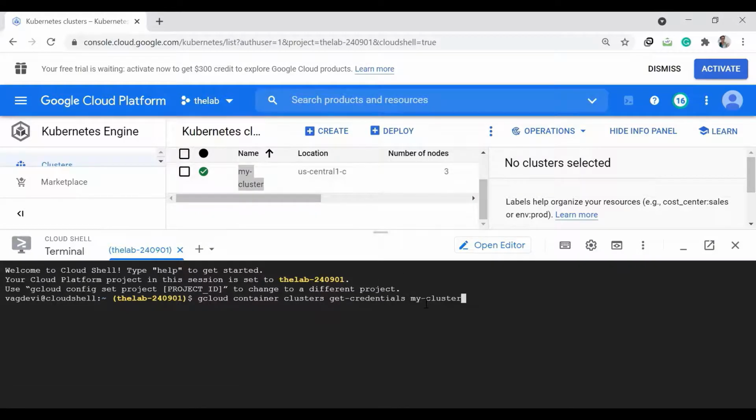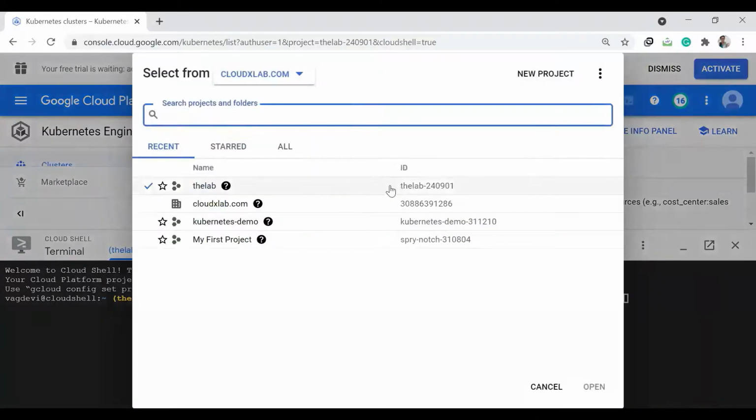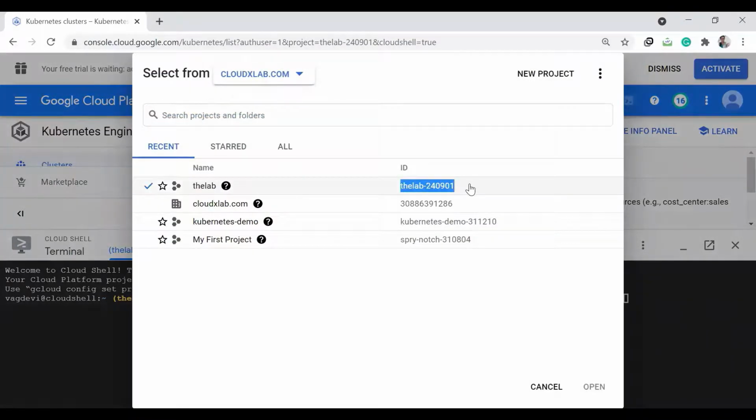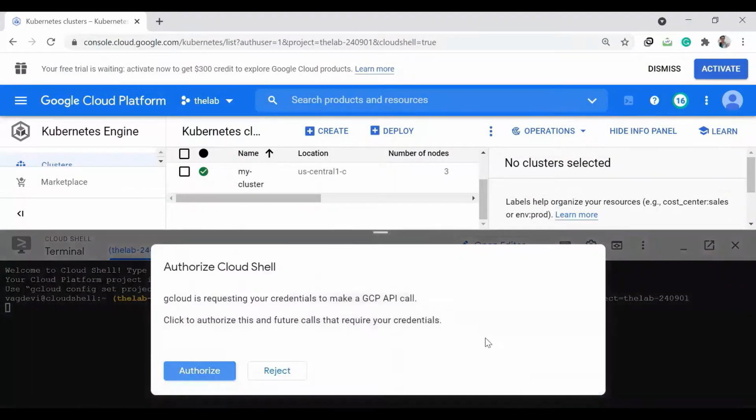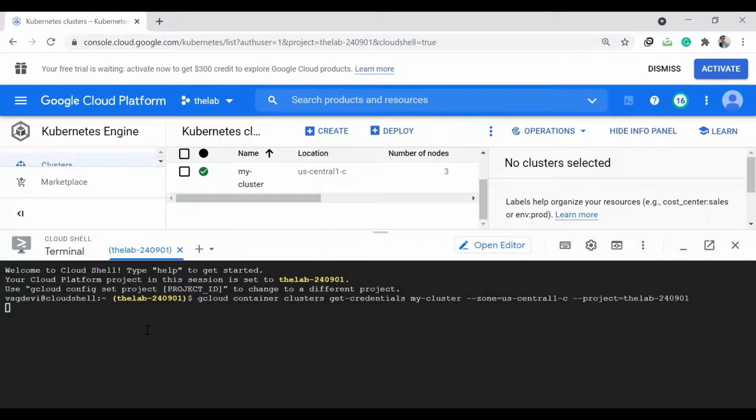Then the zone equals this, and then the project ID which it belongs to. So here the project is the lab and the ID is this one, okay? Authorize. So yes, right? So the second step, so first let us check the kubectl version here.